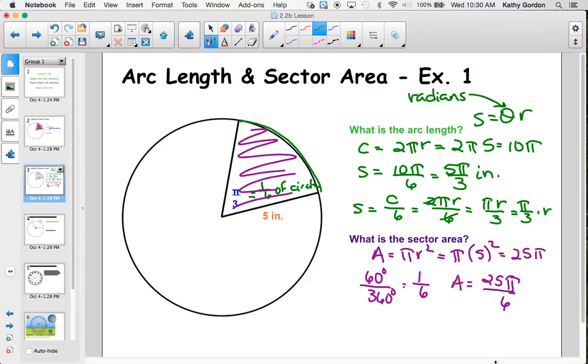Now, if we do a similar kind of thing with the sector area, we started out by saying that we're going to take our area of pi r squared and then divide it by 6, because we had 1/6 of it. If we try to pull this one apart, like we did the last one, where we simplified and then pulled it apart to realize that we're really just dealing with our central angle and our radius, if I try to do that here,